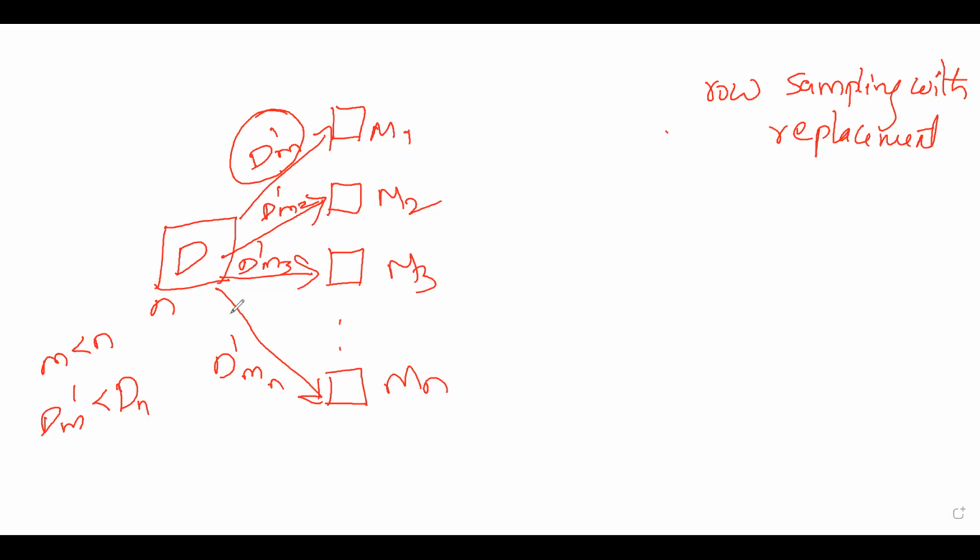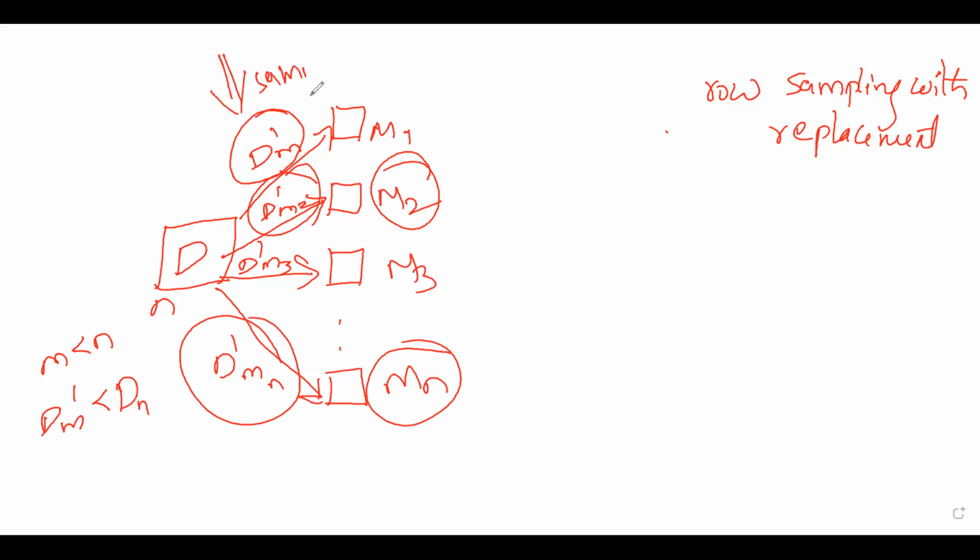Once we give this data to the models, bagging means a group of models. Let it be any base learning model. Each will be trained on its sample data: M2 with D dash M2, Mn with D dash Mn. So all the models are trained with the sampled data which we provided.